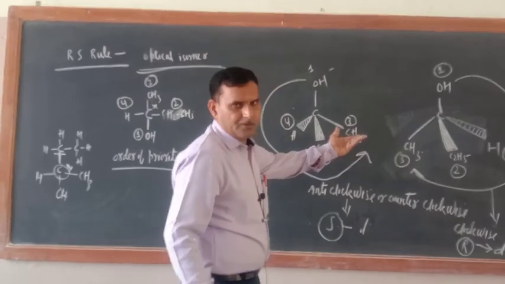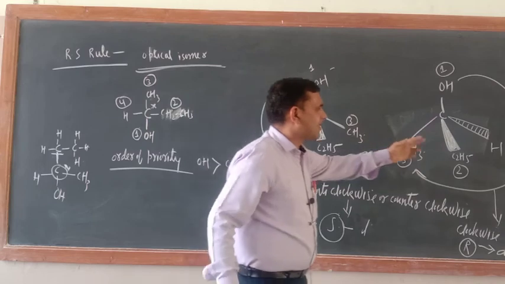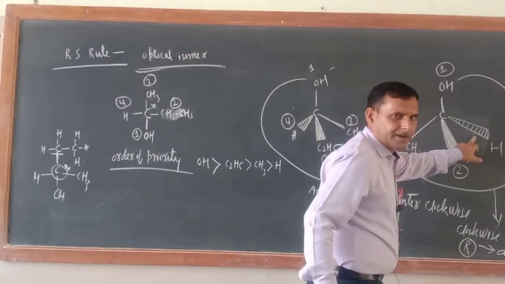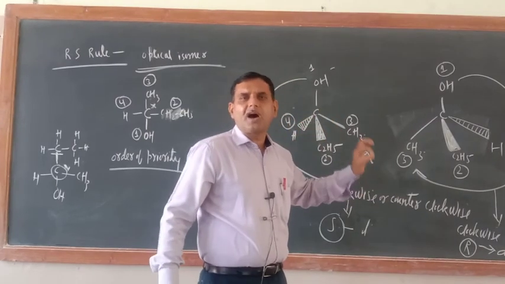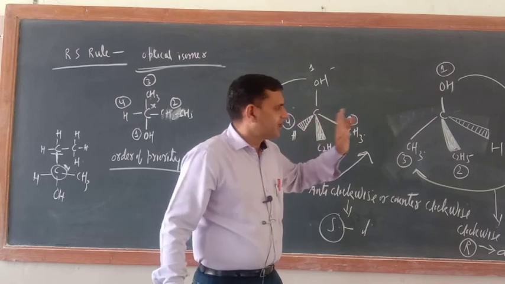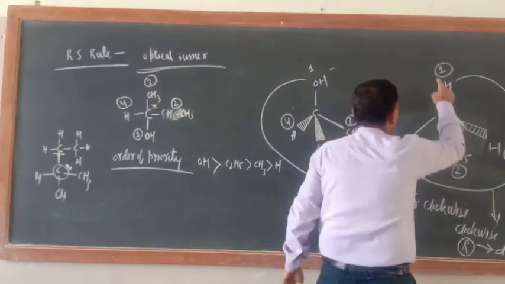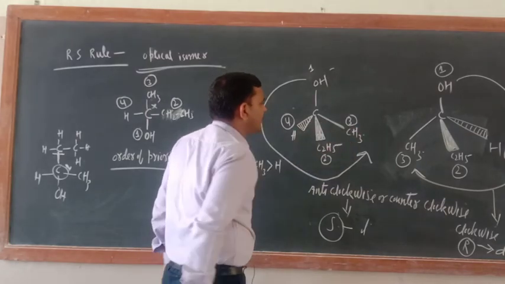So I hope that you have got this one. Understood or not? Just remember this one. The 4th one can be omitted. But the sequence for 1, 2, 3 should not be omitted. 4 can be omitted. Okay, so for this one the order of rotation is 1, 2, 3. For here also the order of rotation is 1, 2, 3.